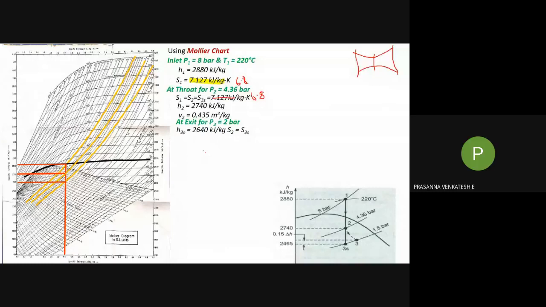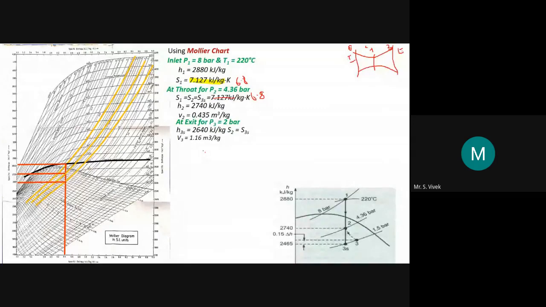Okay, sir. So this is exit. On your right hand side, you have the exit, and this is the inlet. This is the throat. I named entry as 1, throat as 2, and exit as 3. So with respect to this, I am finding out the steam properties: enthalpy value, entropy value. At throat, enthalpy and entropy value, along with specific volume. At exit also, I am finding out the enthalpy value. In addition to that, we have to find out the specific volume also.